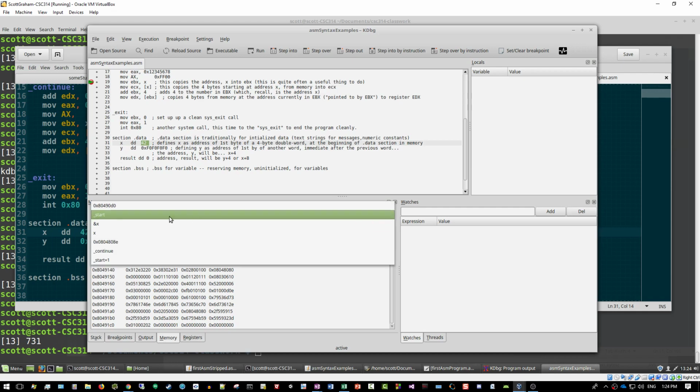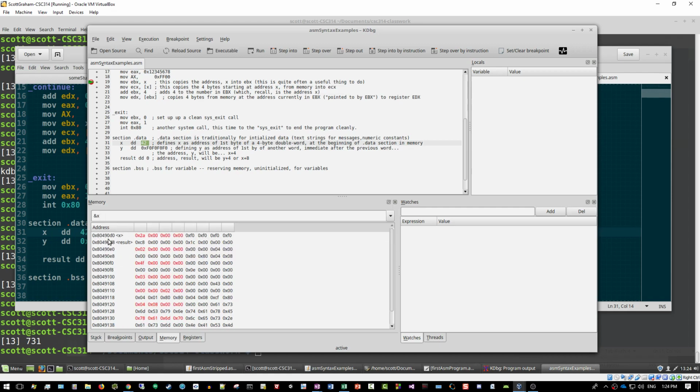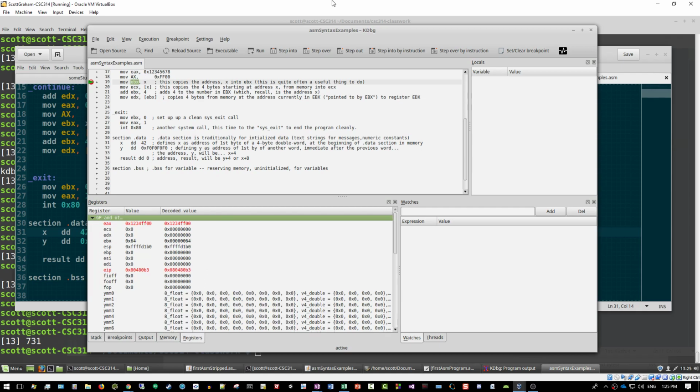So, whoops, I didn't really mean to move that. So, this address right here, hexadecimal 80490D0, that is what X is, that number, all right? So, this command is just going to copy that number into EBX. So, let's watch that happen. Make sure it's absolutely clear. So watch EBX, click step over, and boom,